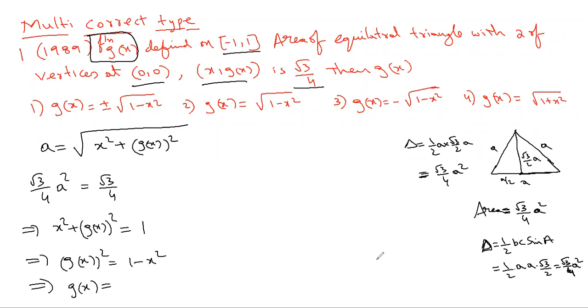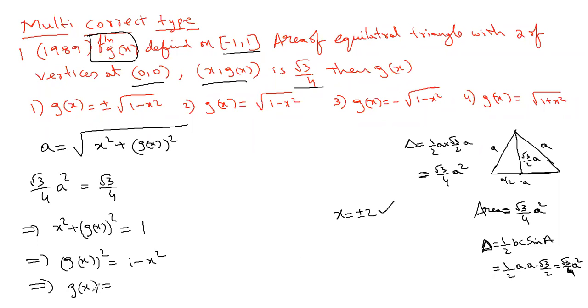Usually, if you write plus or minus, there are two types of OR. One is inclusive OR, the other one is exclusive OR. Inclusive OR means, suppose I write x is equal to plus or minus 2, that means plus 2 is one answer and minus 2 is another answer. Both the answers are valid, both are true at a time. But exclusive OR means only one is true at a time.